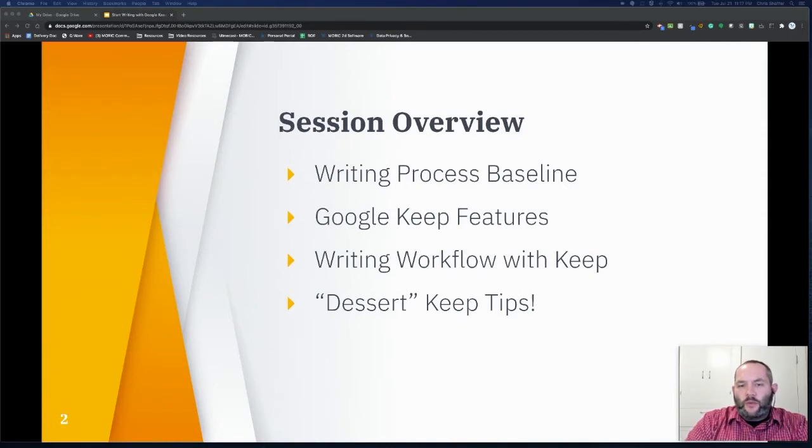I do want to start off with a quick outline for the topics we'll be discussing today. First, we'll generate a very basic baseline of what I mean by the writing process. I know this is not new to any of you, but I want to use this to highlight the use of Google Keep in different parts of the writing process later on. Next, we will discuss ways that Google Keep fits into a traditional writing workflow. And finally, we'll share some extended tips for using Google Keep outside of the writing process, since I love this tool so much, and I know it can be used in so many different ways, and I think you will as well.